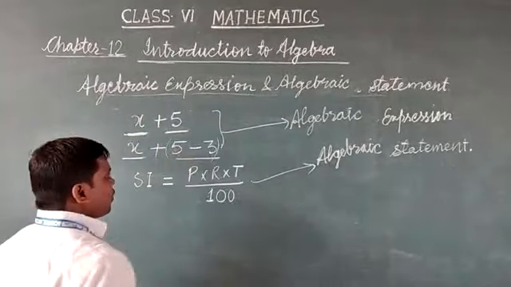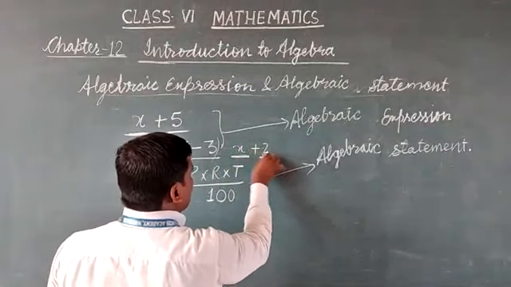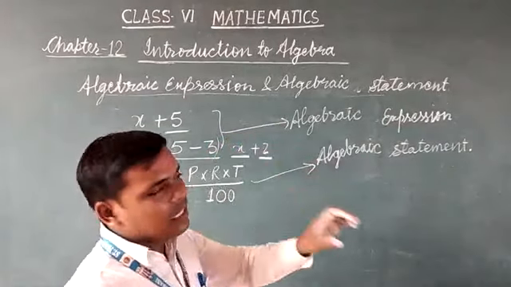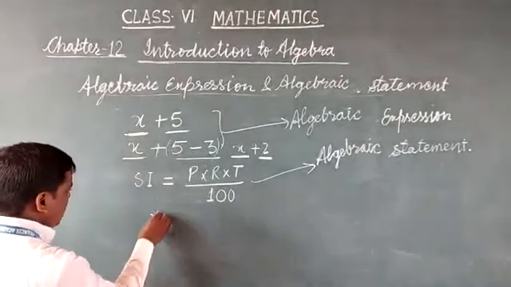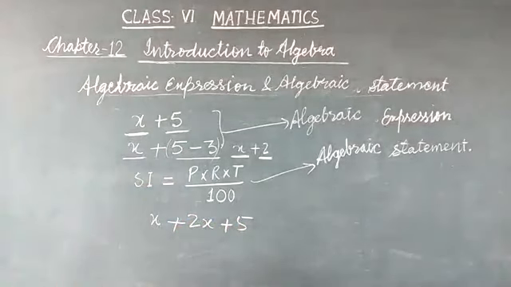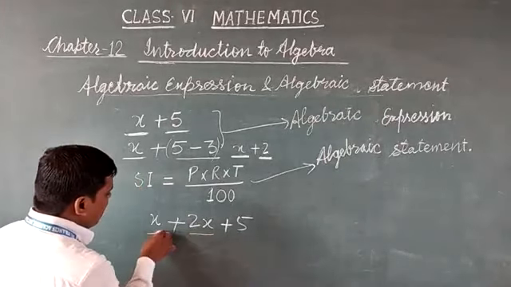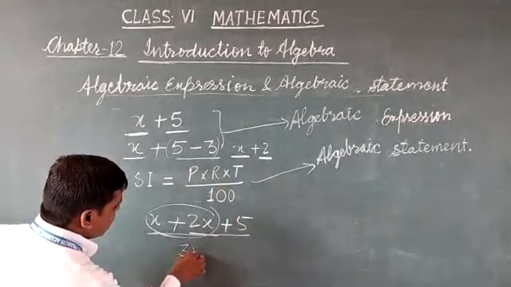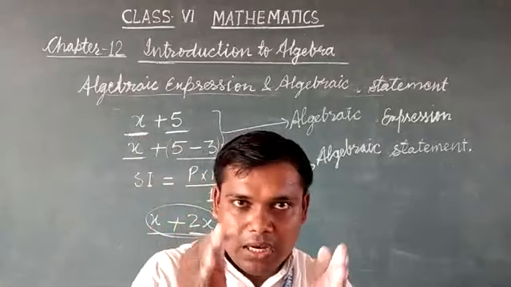You can calculate this and then you can write x plus 2. So x is a term and 2 is also a term. So this is an algebraic expression with two terms. With two terms, you can write like this also: x plus 2x plus 5. Now in this case, how many terms do we have? In the next class I will discuss like and unlike terms. We have 3 terms here, but these 2 terms are like terms, so we will solve it. It will come 3x plus 5. So we have exactly 2 terms, and these terms are connected by the symbol plus.